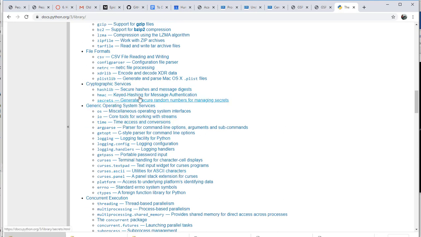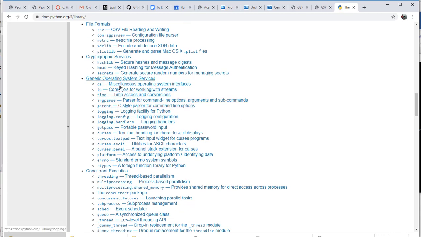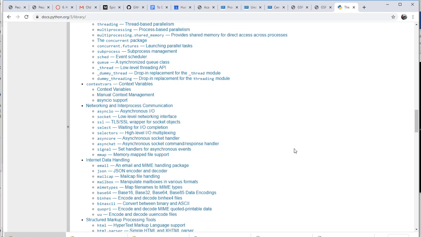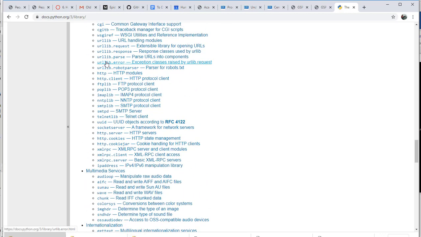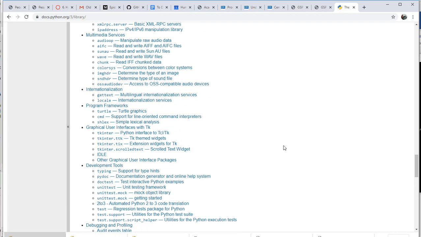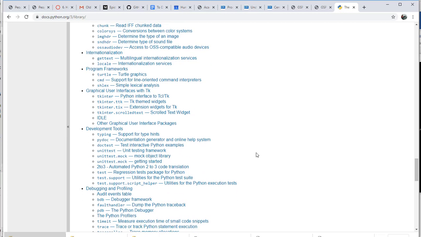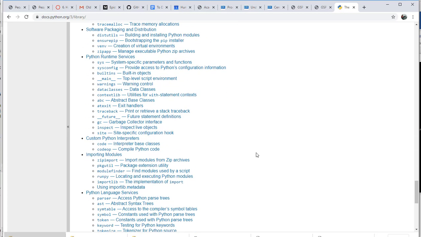Cryptography, being able to encode things like passwords. We've worked with OS, but you can see there's just a huge number, and these are all standard built-in, come with Python. There's urllib that we've worked with that comes with Python. There is a graphical user interface here, tkinter. It's really out of date, so I don't teach that anymore. I used to, but it's old, and the GUIs that it creates look old, so that's why I switched to